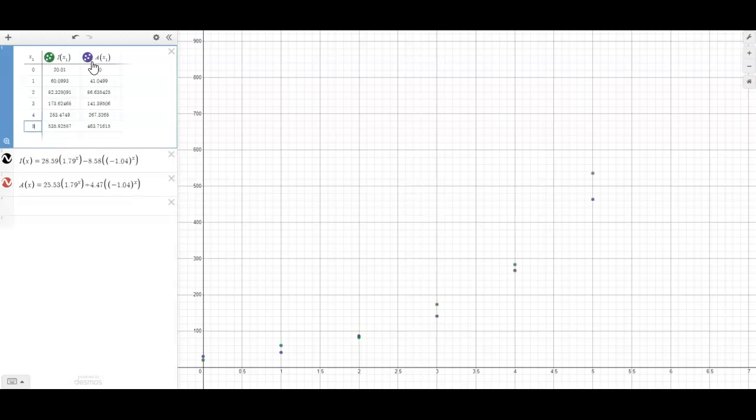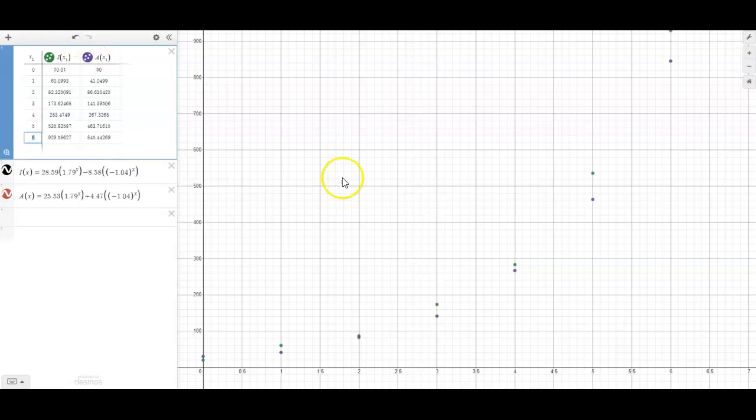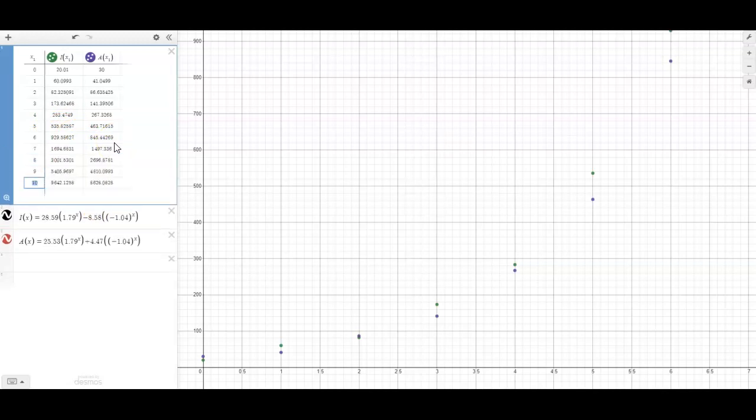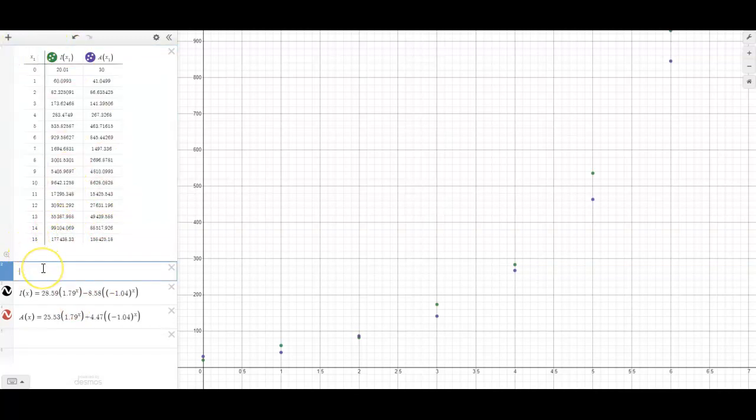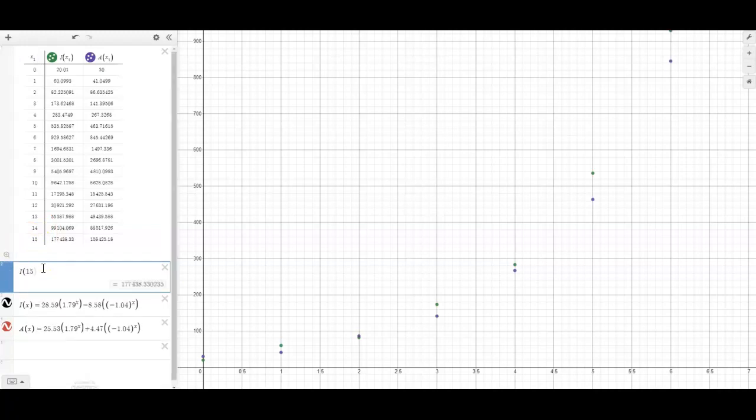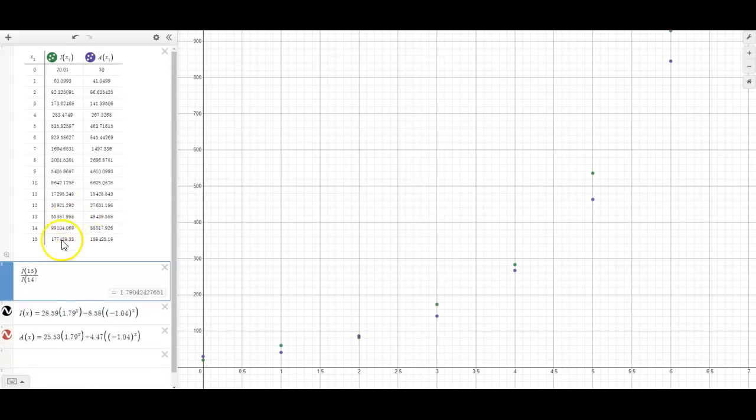And then 4 and 5 and 6. And so we can see that these populations are getting bigger and bigger. Now, one of the things that I want us to notice is that if you look at the growth from 535 to 929, that gap is getting much larger. And in fact, if I compare, let me insert another expression here. If I compare I of, let's say, 15, and I divide it by I of 14, you can already see that